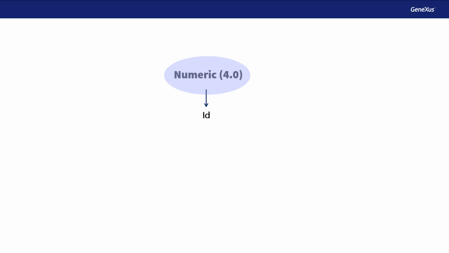The data type created by us is called domain. For example, once we've created the ID domain, we can set several attributes to ID type, and they will all be 4-digit numeric values. One advantage it provides is that if later on we need identifiers to be numeric of length 6 instead of numeric of 4, changing the domain definition will be enough to update all the attributes based on that domain in a single step.